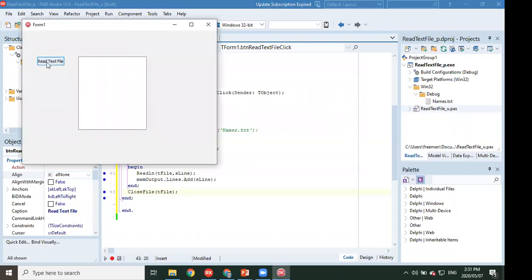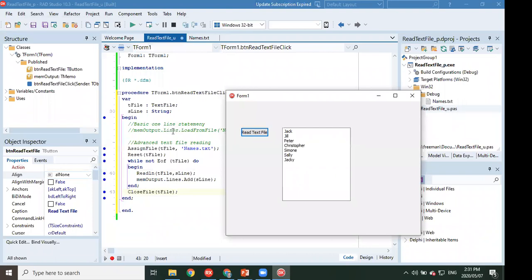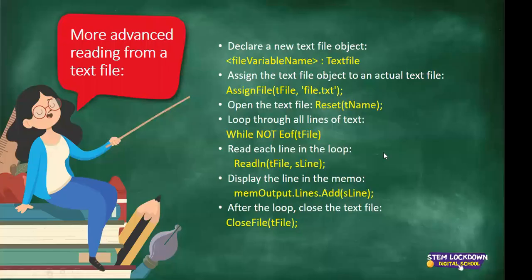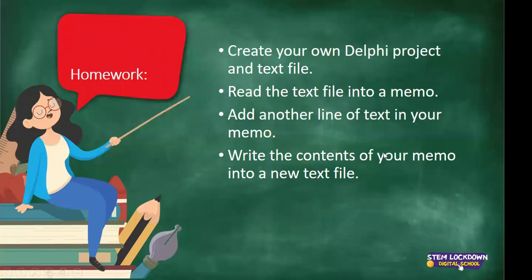So I'm going to hit my read text file, and there they are. Exactly the same as this basic liner, but I've got more functionality because I can do more things inside my while loop. Okay, so that was quite quick. So I want you to now, for homework, and this is important that you practice this,